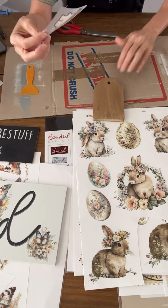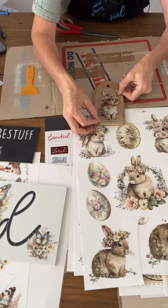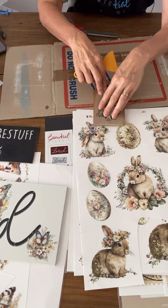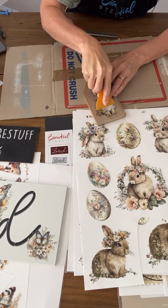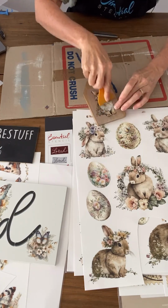Fix that later. All right, so, oh, gorgeous. Just looks beautiful, sitting like so. Now, again, just rubbing that down because that sticky side is now attached to the wood, but we need to make sure it's rubbed right on in the grain of the wood, or on the surface anyway, so that it